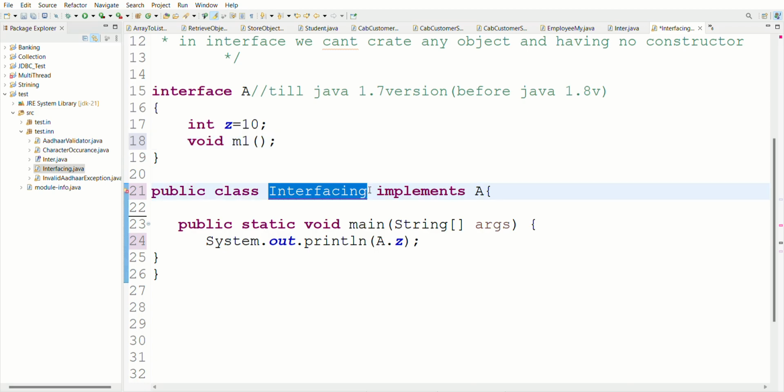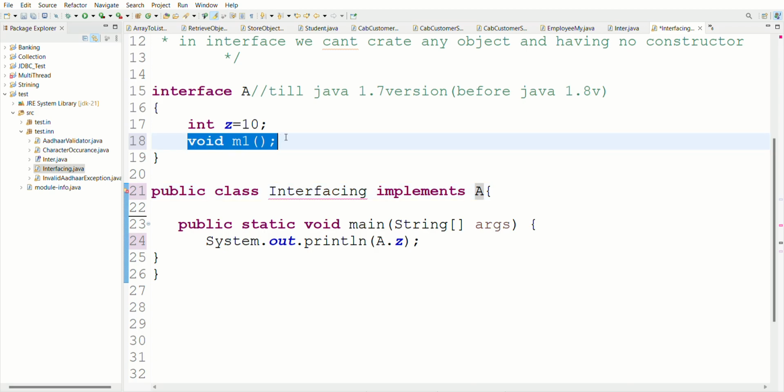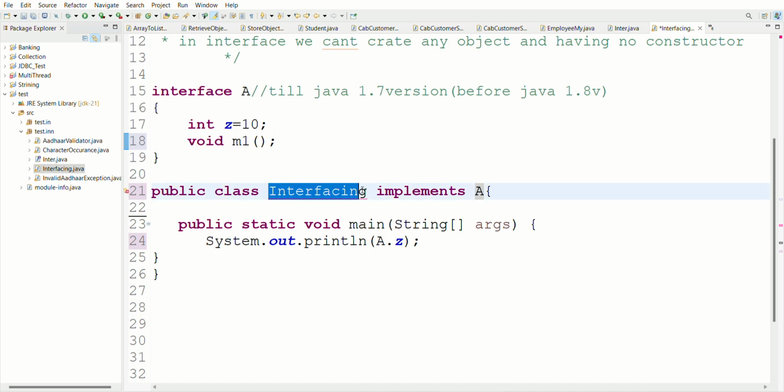This is the class interfacing, which implements A, the interface. When a class implements any interface, that class compulsorily has to provide the implementation of the abstract method of the interface. Here void m1 is the abstract method, so compulsorily we need to provide the implementation in our